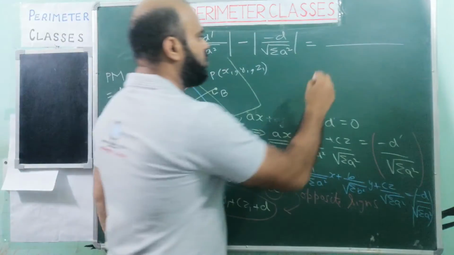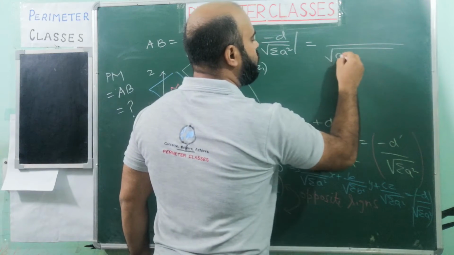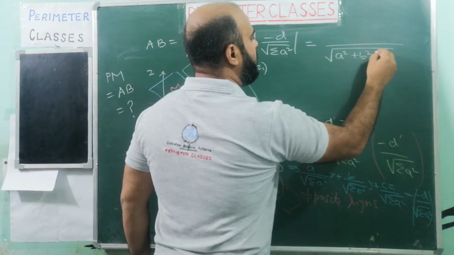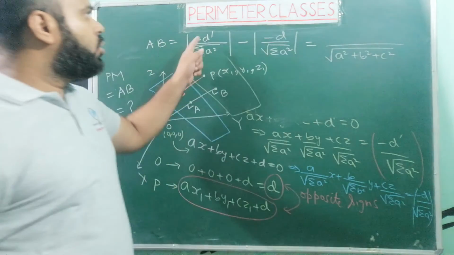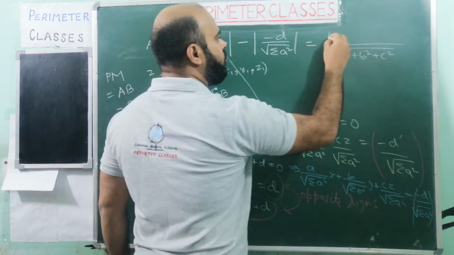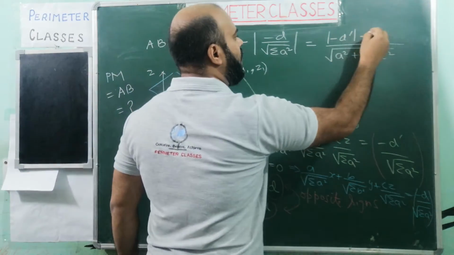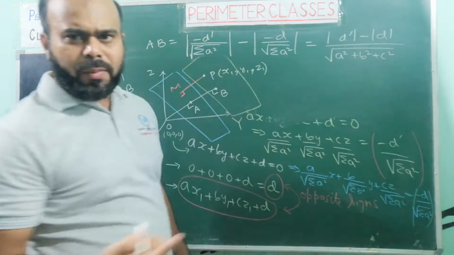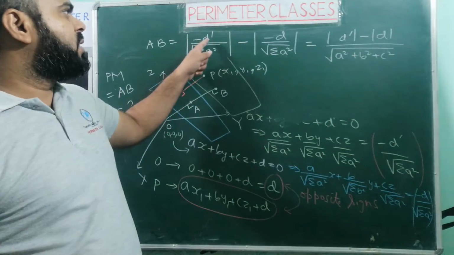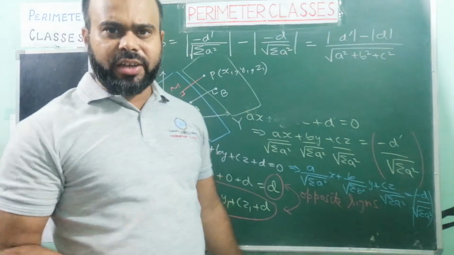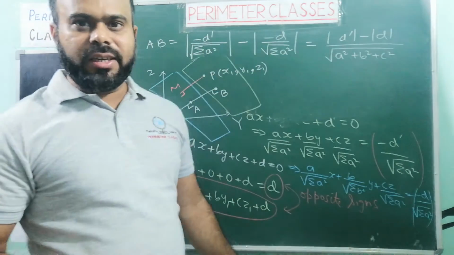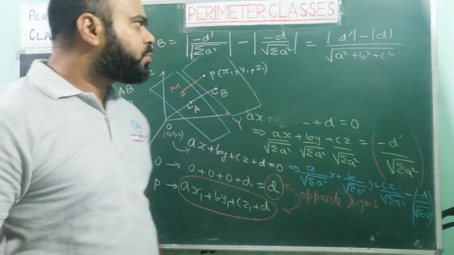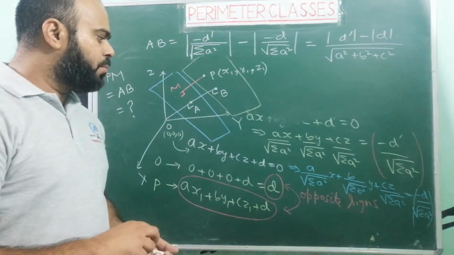So this will be root over a square plus b square plus c square, and then in the numerator you will get mod of minus d dash minus mod of minus d. Under mod, minus can be absorbed, so minus d dash you can simply write as mod of d dash, and mod of minus d simply as mod of d. Now here again the important part is,